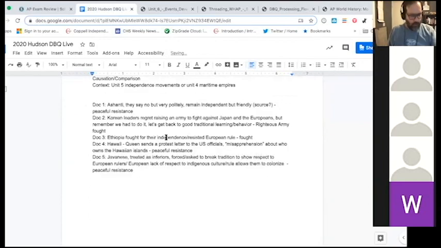Okay. All right. So I've gone through my documents. Group 1 is going to be violent reaction, which is going to be docs 2 and 3. And if I'm looking for evidence beyond the documents on this one, I'll probably go Sepoy Mutiny on this one. Group 2, this is peaceful or